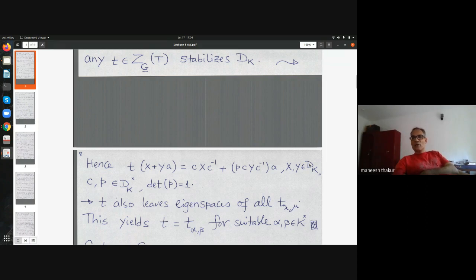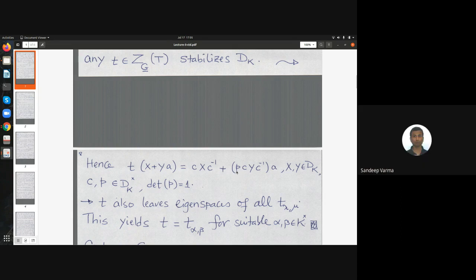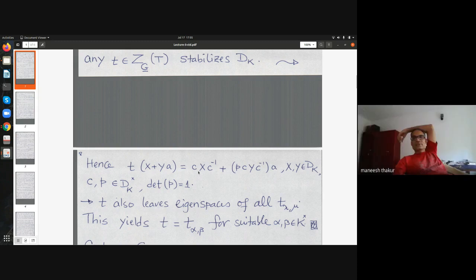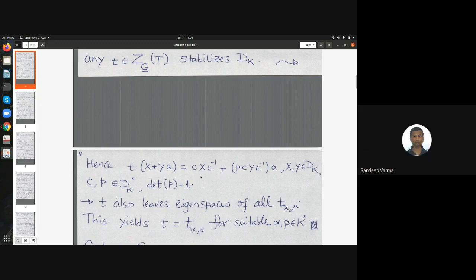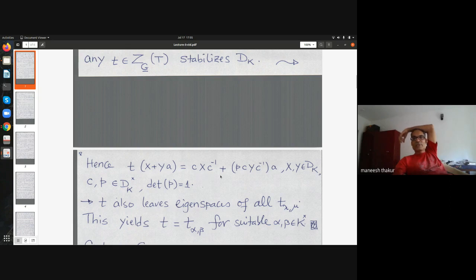So D is the quaternion algebra. Then, as an algebraic group, it is D star mod center, so the projective linear group of D star, crossed with SL1D, and there may be some intersection. For example, I can have P equal to 1. Okay, suppose P is 1. Then it is D star cross D star, modulo D star mod center cross D star mod center. And this P is independent. So it is like D star mod center cross SL1D.